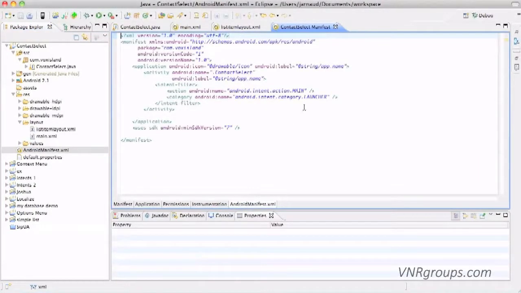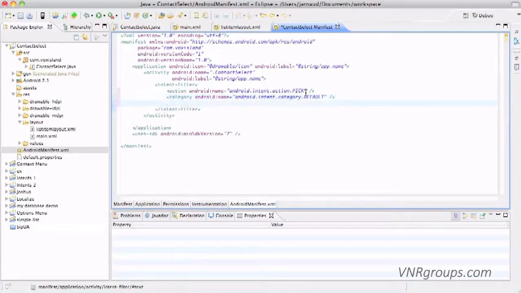So I'm going to change this main by pick, and no launcher here, but a default. It's the default piece of code for the pick. And we're going to specify data. So first time we see that, data. The path, well, contacts,